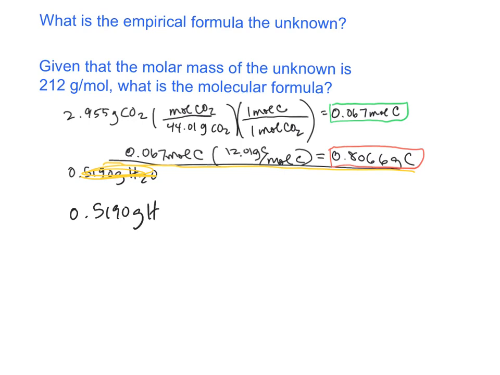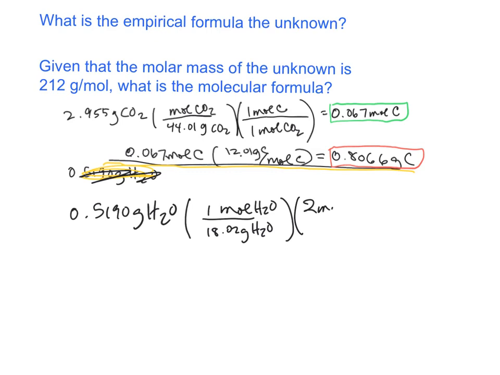0.5190 grams of water. Okay, so we're going to do the same thing. We're going to get the hydrogen. So you go from grams to moles. There's 18.02 grams of water per mole of water. That's the molar mass. Now here's where you compare up to carbon. In this case, you look at the formula, there's 2 moles of hydrogen for every 1 mole of water. Okay, stop here and calculate your moles of hydrogen, which is going to be